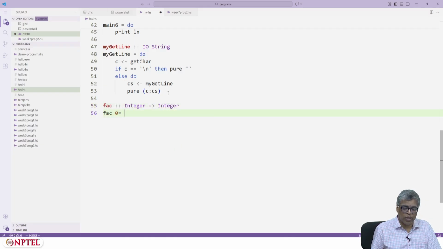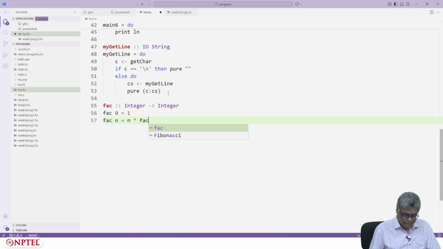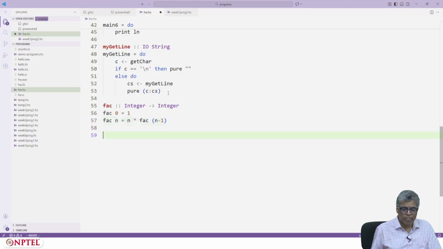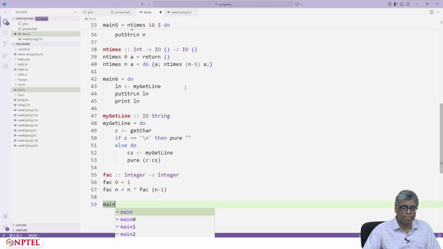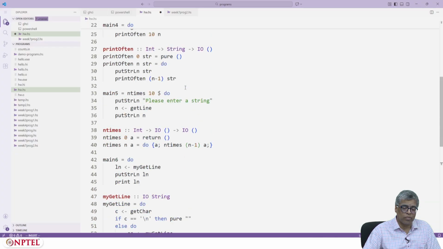Factorial 0 equals 1. Factorial n is n times factorial (n minus 1). So that's done. Then in main, whatever number it is, main7,